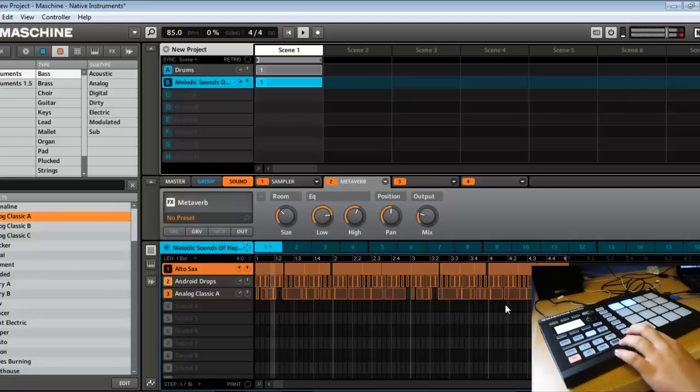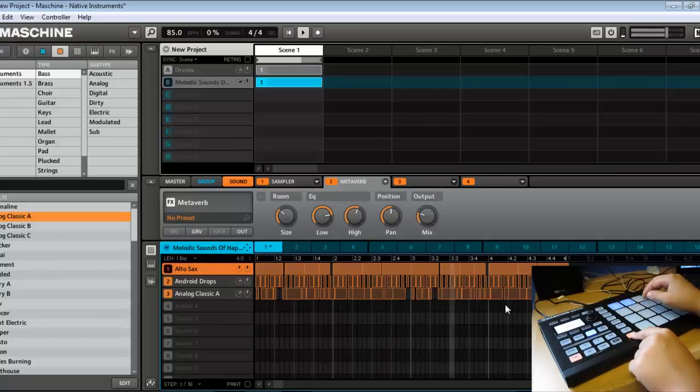So let's say I just want the drums, I can mute the melodic sounds of happiness. I can just tap the drums, tap the sounds, and there you go. And then to unmute both of them,